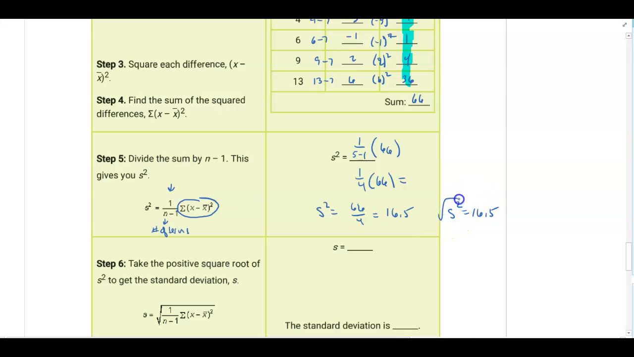So once I have s squared equals 16.5, to solve that, I'm going to take the square root of both sides. So if s squared equals 16.5, s is equal to the square root of 16.5, which is approximately 4.06. So your standard deviation is 4.06. Okay, now,